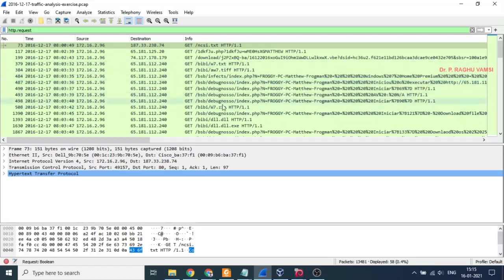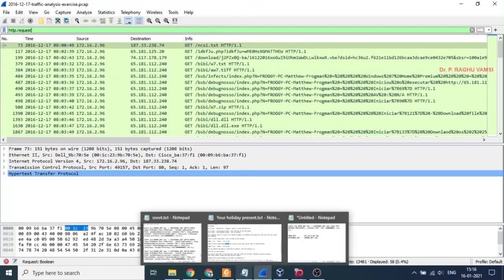So these are the possible websites that it may go through whenever any GET request is made, accessing these destinations from the source address 172.16.2.96. Actually this is a very popular example you can find over the internet also. The same thing I am demonstrating here for your easy understanding.